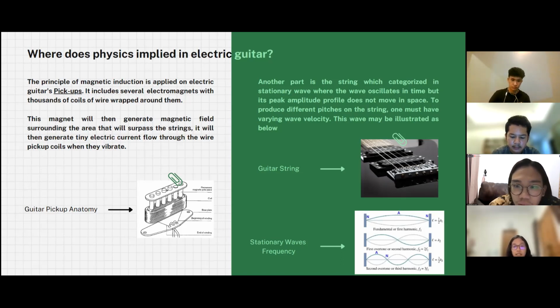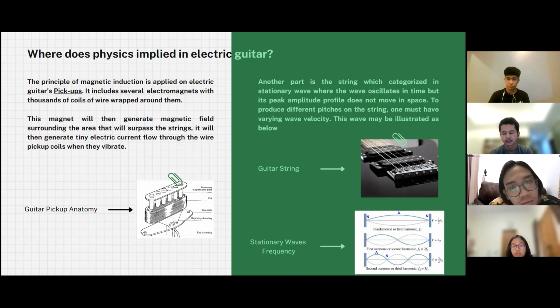And here you can see in the bottom left picture the anatomy of an electric guitar pickup, consisting of a magnetic pole on its top, the coil which wraps around them, a base plate to uphold the poles, and both the beginning of the winding and the end of the winding to bind the guitar string.